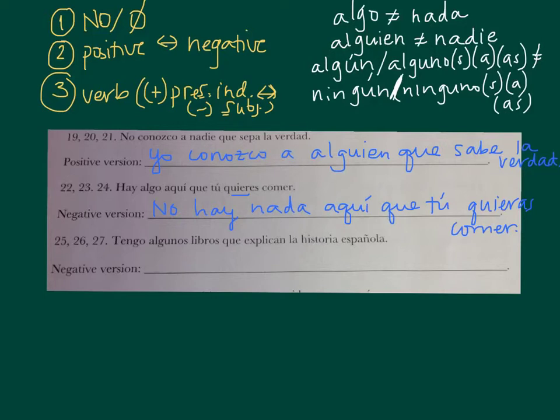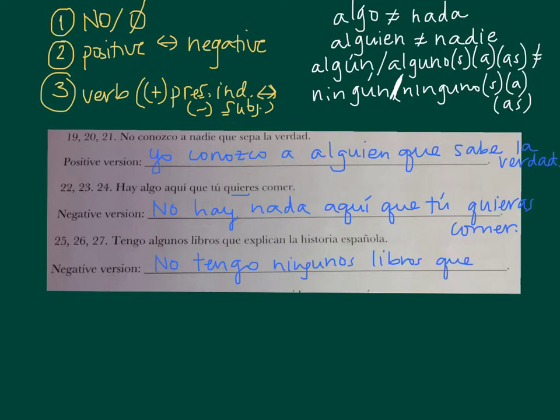And the last one that we're going to do in the video. Tengo algunos libros que explican la historia española. I have some books that explain Spanish history, and you want to change it to I have no books that explain Spanish history. So the first thing we're going to do in order to make it negative is add a no. No tengo. And then I need to find the opposite of algunos. I'm going to look over here in my chart and I say, there's algunos, my opposite is ningunos. No tengo ningunos libros